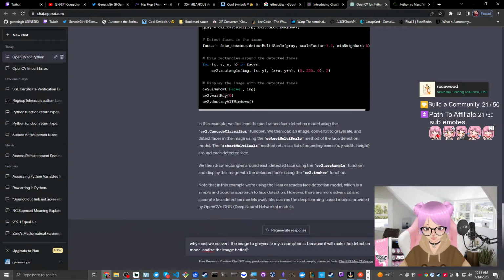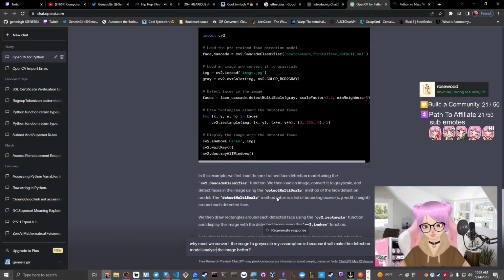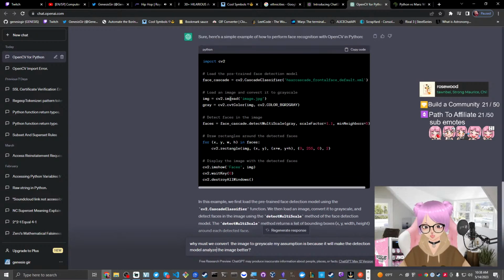This is my assumption, I could be wrong. I honestly think the reason why we have to convert that image to grayscale, like make it black and white. So an example,